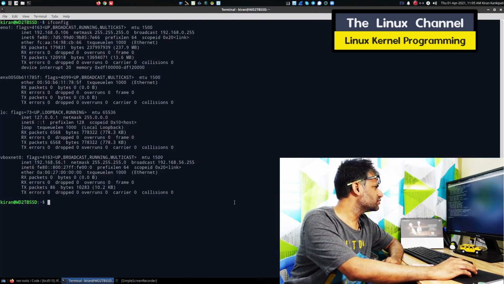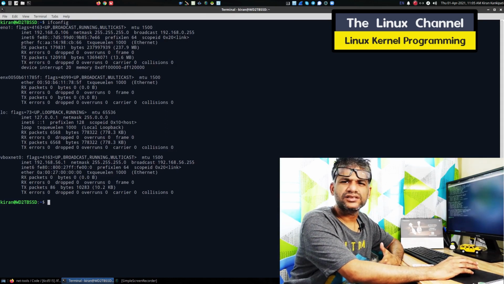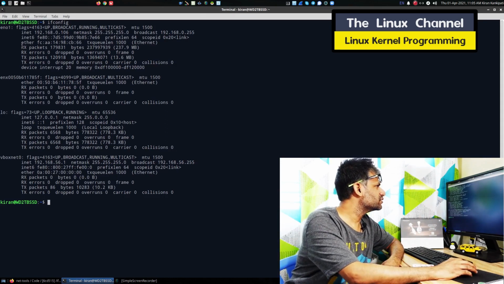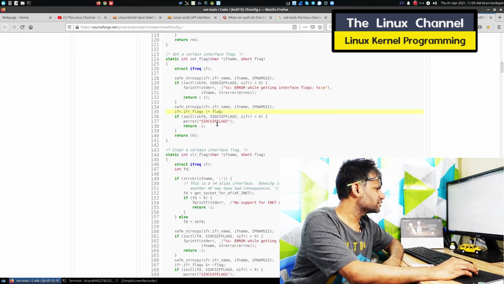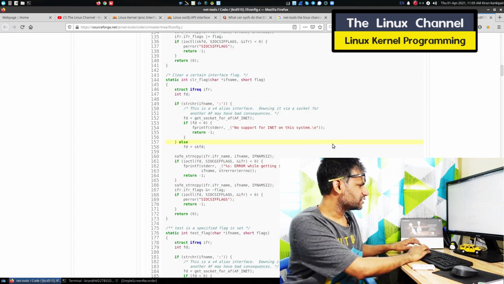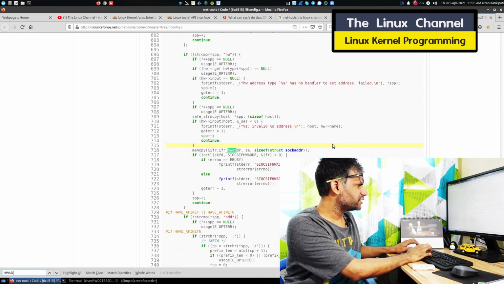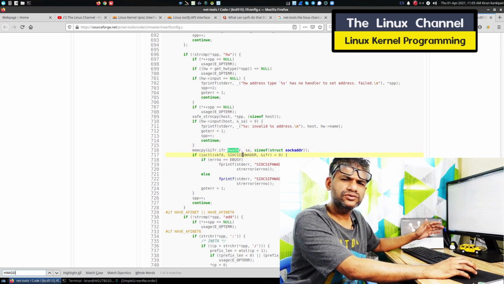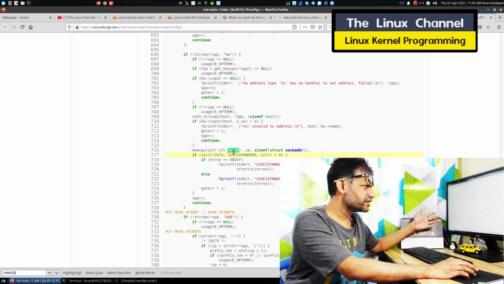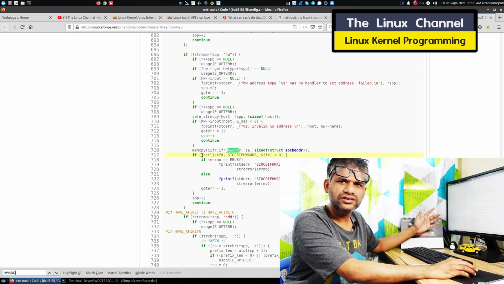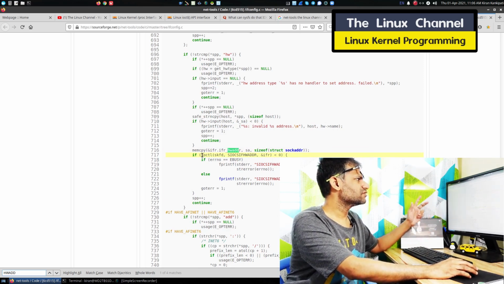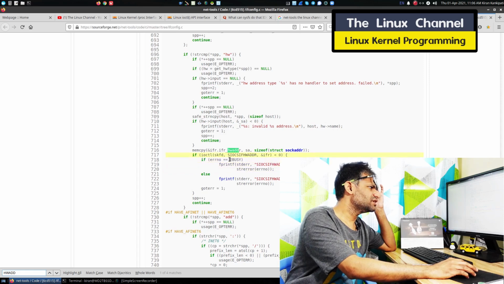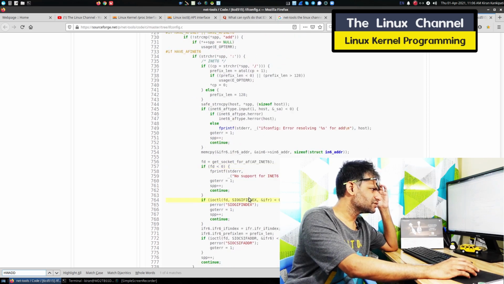Besides this, what about the stats, how does it get the stats? One thing is when it comes to the MTU or the hardware address or whatever, it is getting them through these interfaces. I can search for HWADDR, and you will find there is set hardware address. This way you can spoof it through the ifconfig command, or you can write your own C code and also spoof with your own hardware address. So this is one way it is done, and other than that various other cases use that.